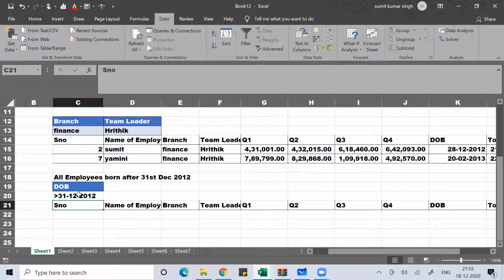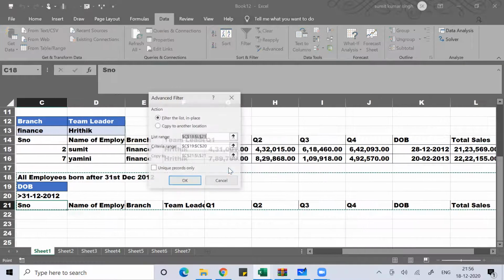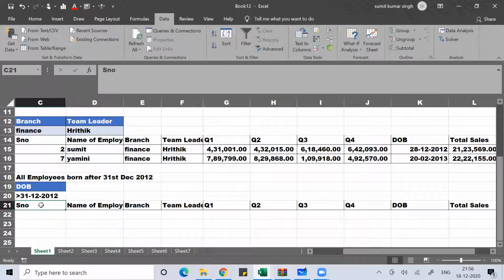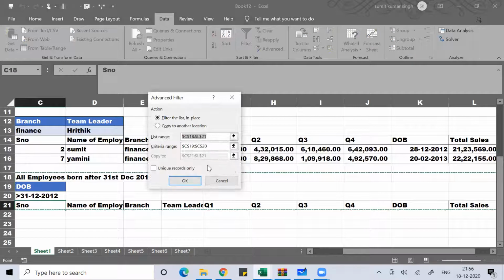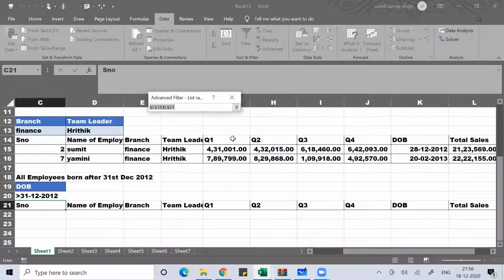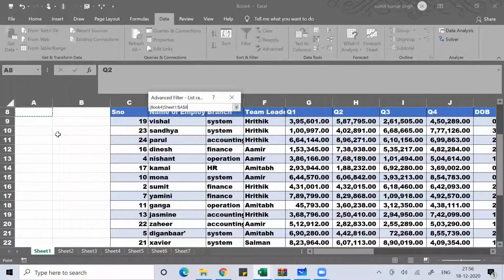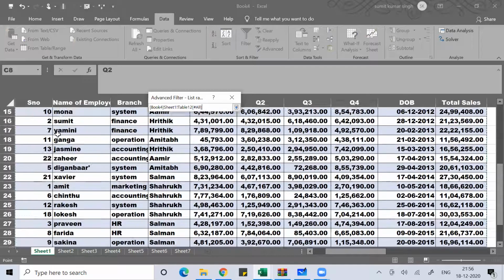Okay, Alt T. Remove this simply like this. So Alt A. Okay, so select this, Control Shift Right Arrow, Down Arrow.